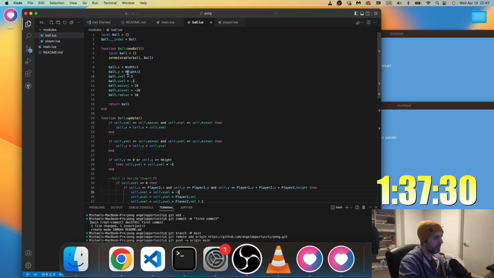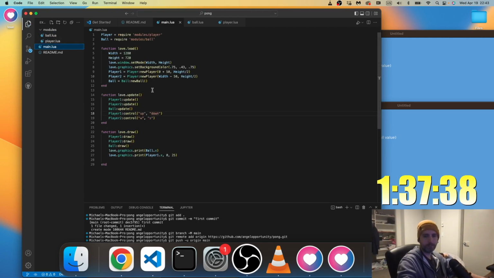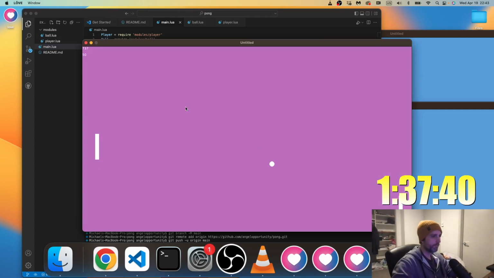I'm going to make the ball slow again. I need to test that more. Make it very slow, traveling on both. But I should be able to make the ball go faster by hitting it at an angle.